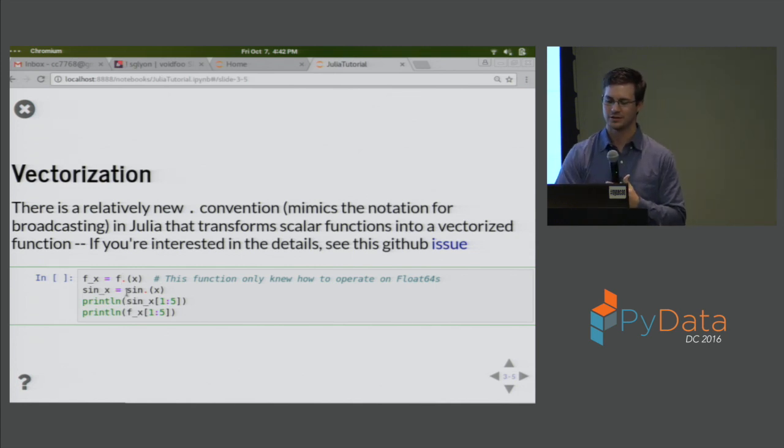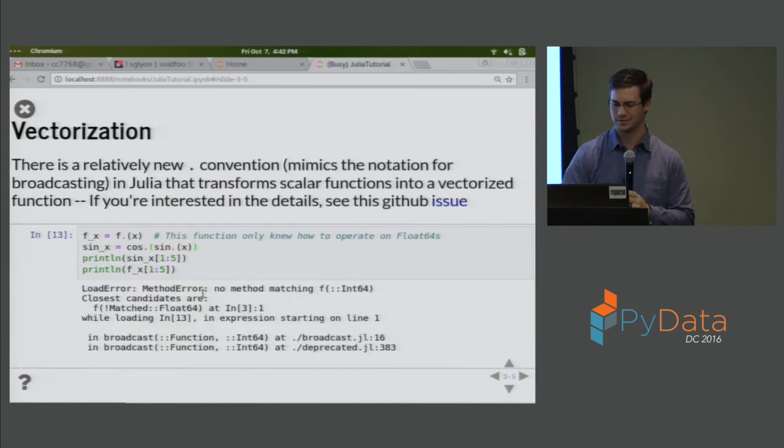So if we had cosine dot sine dot x. So actually that's it. I think we'll run some benchmarks in a second, but